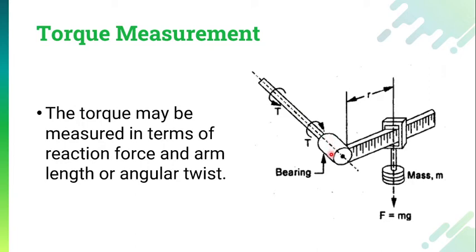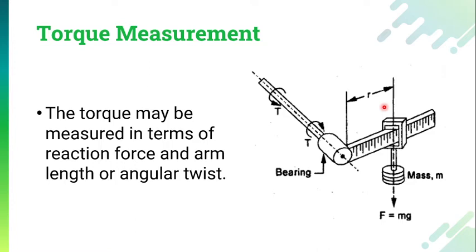Now what the dynamometer principle says is that if this element is tending to rotate with the shaft, we check how much reaction force is being developed in this system. To do that, we add one lever, that is, we add some length to the whole system, which is known as the arm, and then we apply some mass to the system at some distance that is called r.